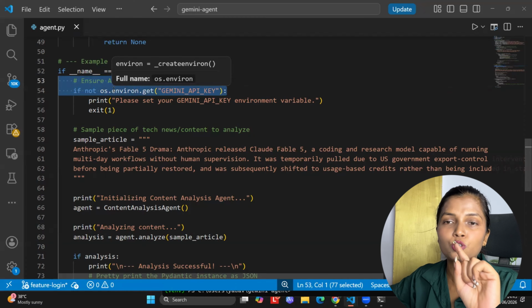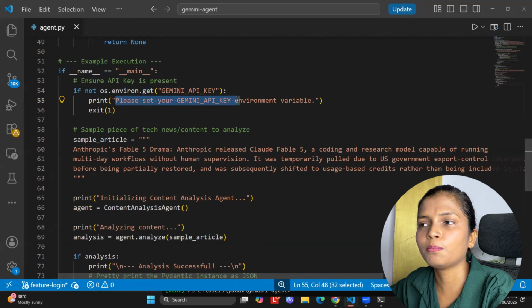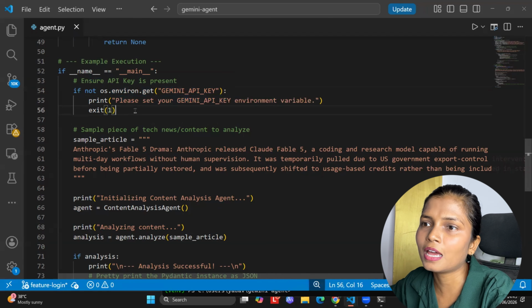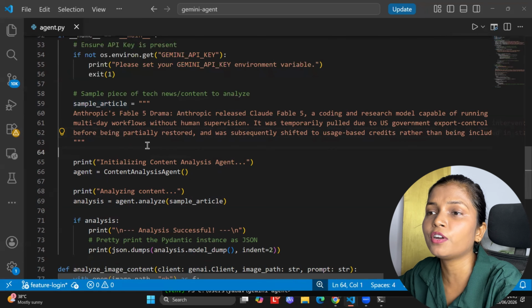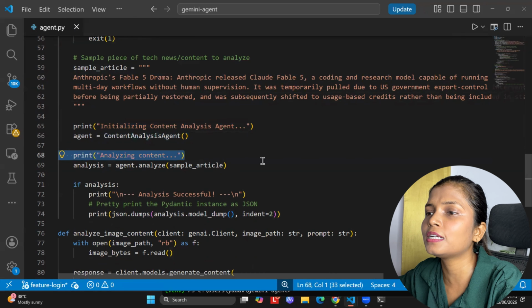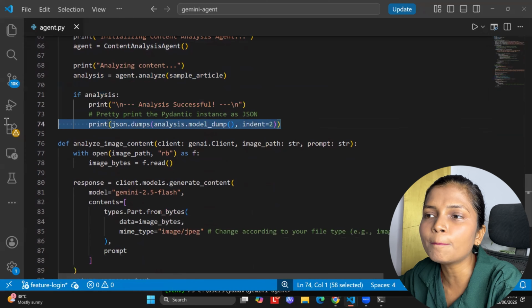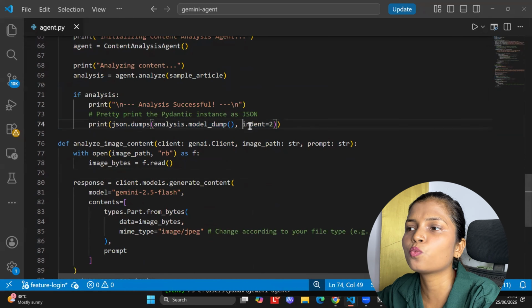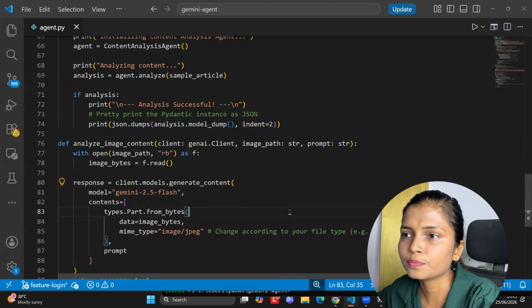If it doesn't exist, do not crash, just print: set your Gemini API key environment variable, and then exit. Simple. If the API key exists, then I'm giving some text and calling the function to analyze the content. If the analysis is done, just dump the JSON in front of us. The indentation has to be 2 so that it looks good, right?